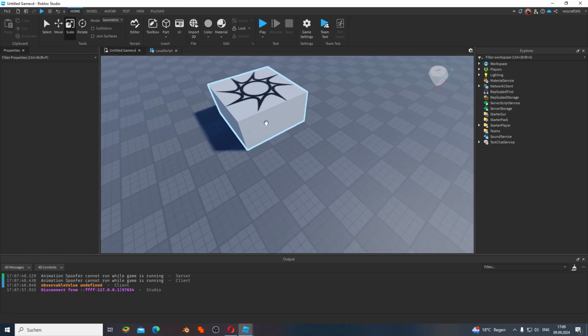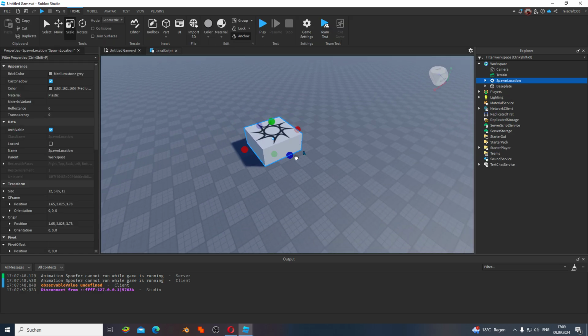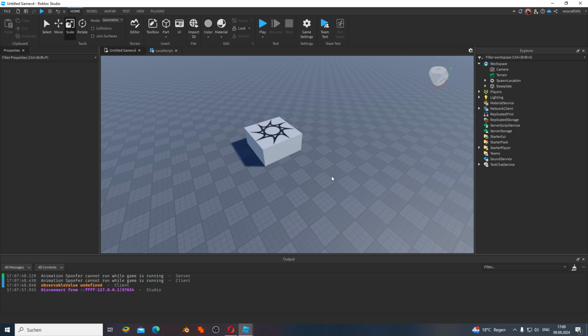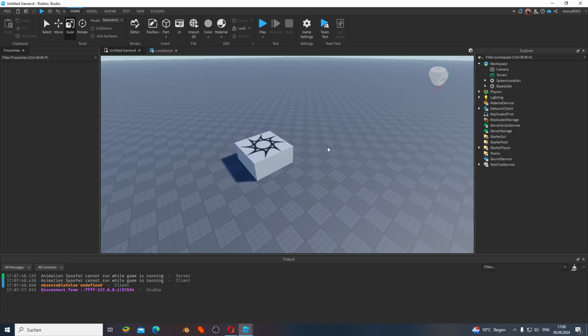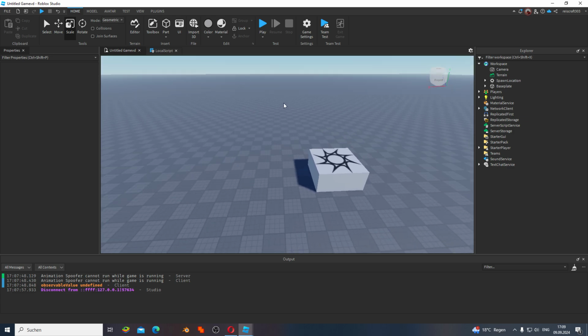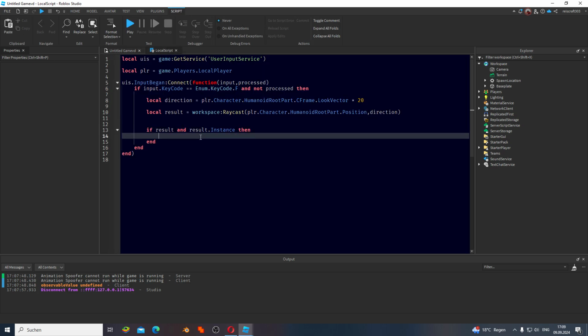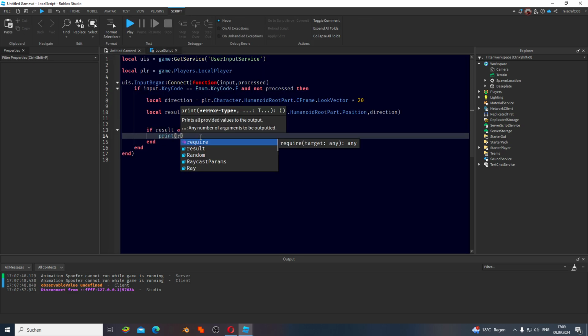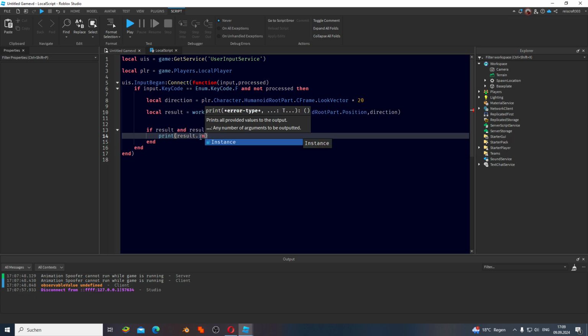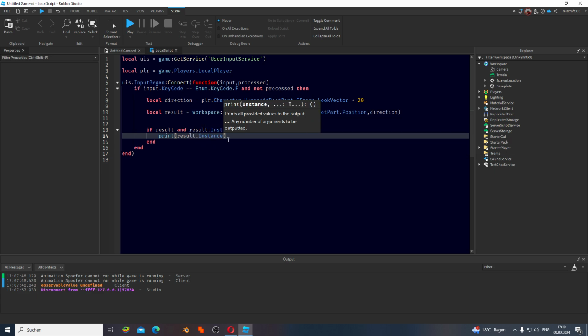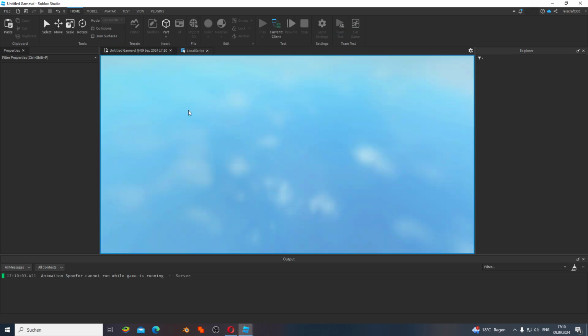Instance is everything that is a part. This is an instance. Our base plate is an instance. Even our character is an instance because he's full of parts, okay? So everything that is a part is an instance. Just keep this in mind. Now I can say point result that instance, and now he will point everything he touched that is a part,